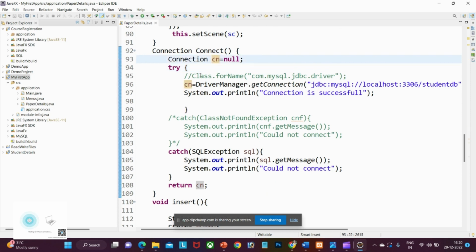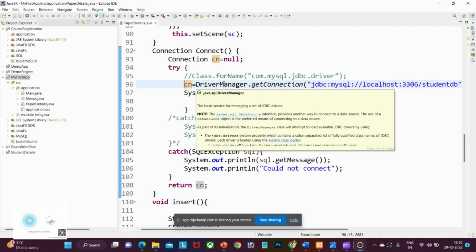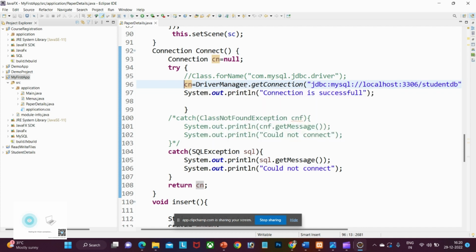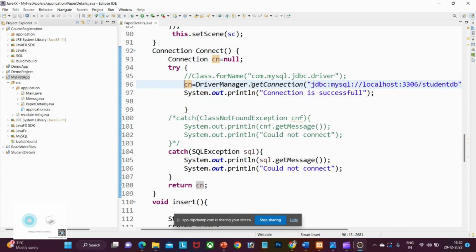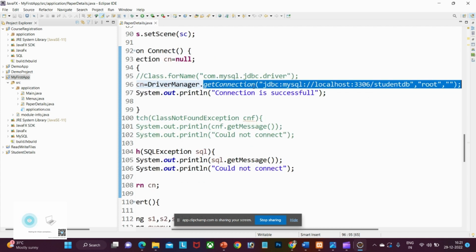So connection is now null here. So connection cn equal to DriverManager dot. Make use of the DriverManager class, a static class, which is available inside the SQL package. It has a method called getConnection, which is used for connecting to the database,